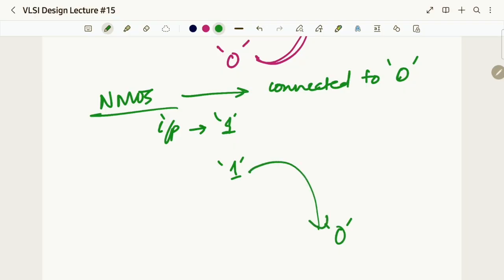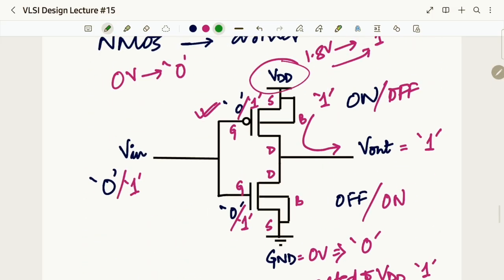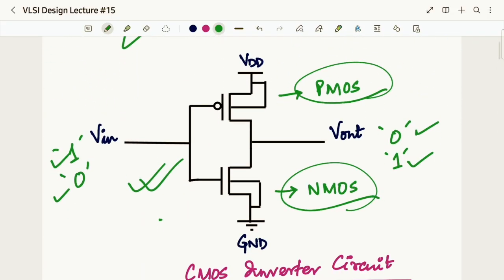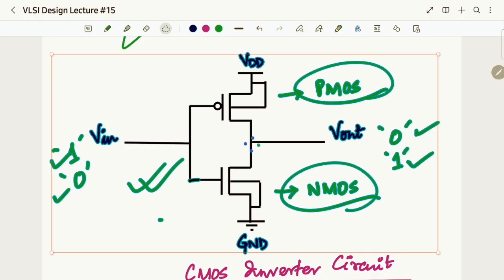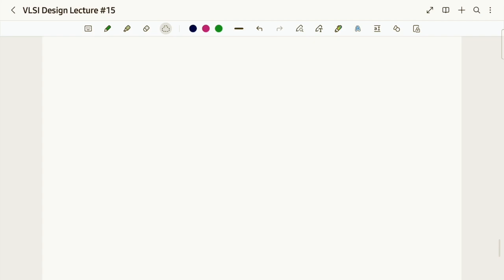So we got a logic 1 over here, and it is connected to 0 logic. So what will NMOS do? It will pull it down. It will pull it down to which level? The logic 0 level. And PMOS was doing what? Was pulling it up to logic 1 level. Okay, that is why